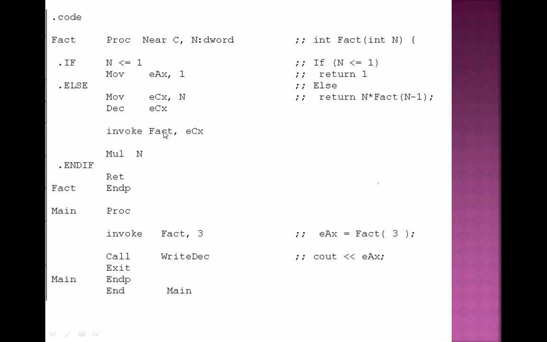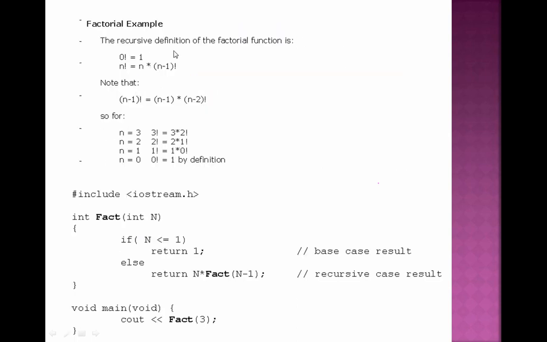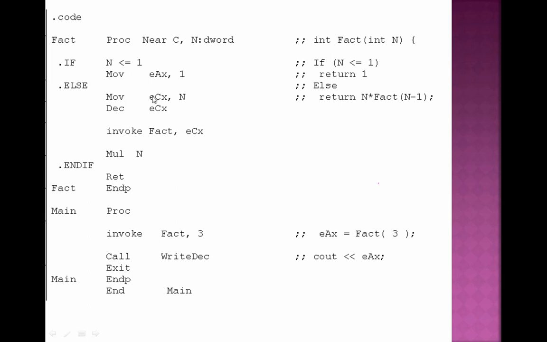Next is your code in assembly language. This is the code in C language or C++. This is your code in assembly language. First one is code, then fact PROC near C, n DWORD, that is double word. This is your syntax, these are your comments, in fact, intent. If n is greater than or equal to 1, then move